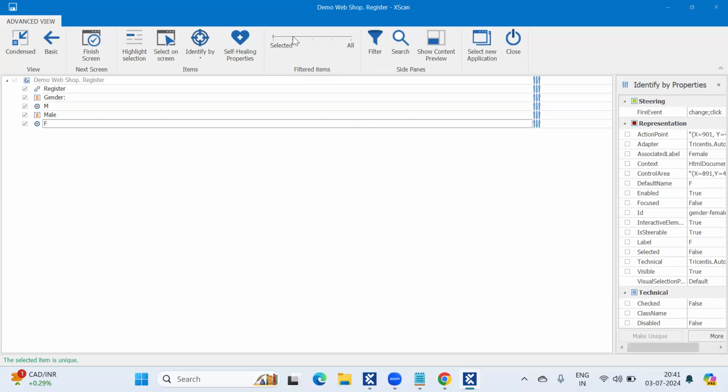So in the Chrome browser, if we have opened 2 to 3 applications, by dragging the selected thing, which controls will be selected will be shown up here.